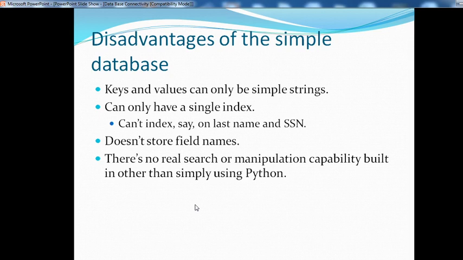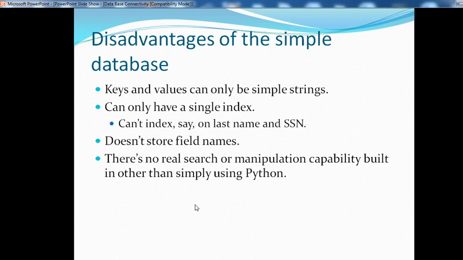That is the first disadvantage: keys and values can only be simple strings. You cannot store your field names in this simple database.